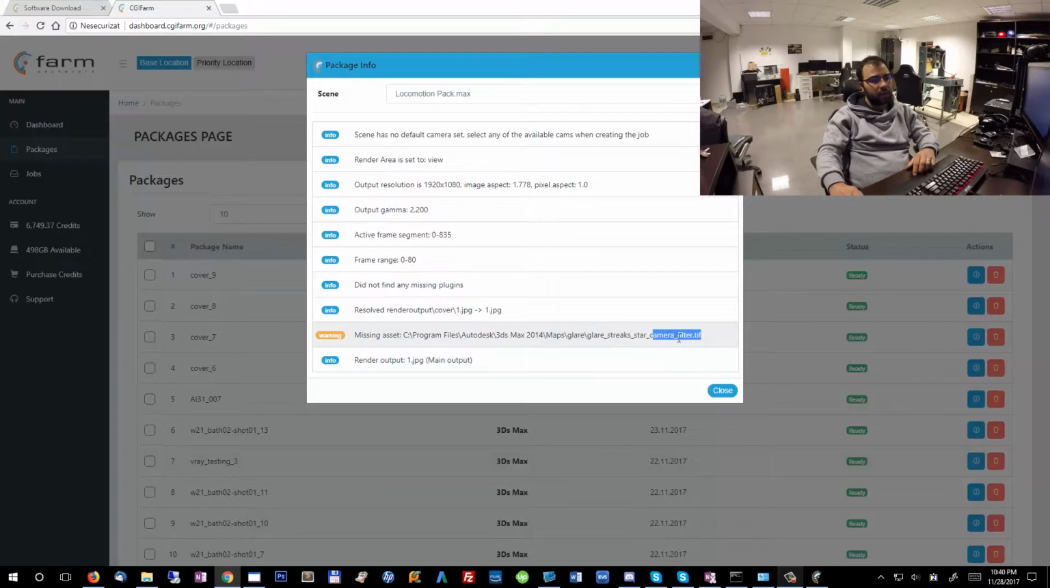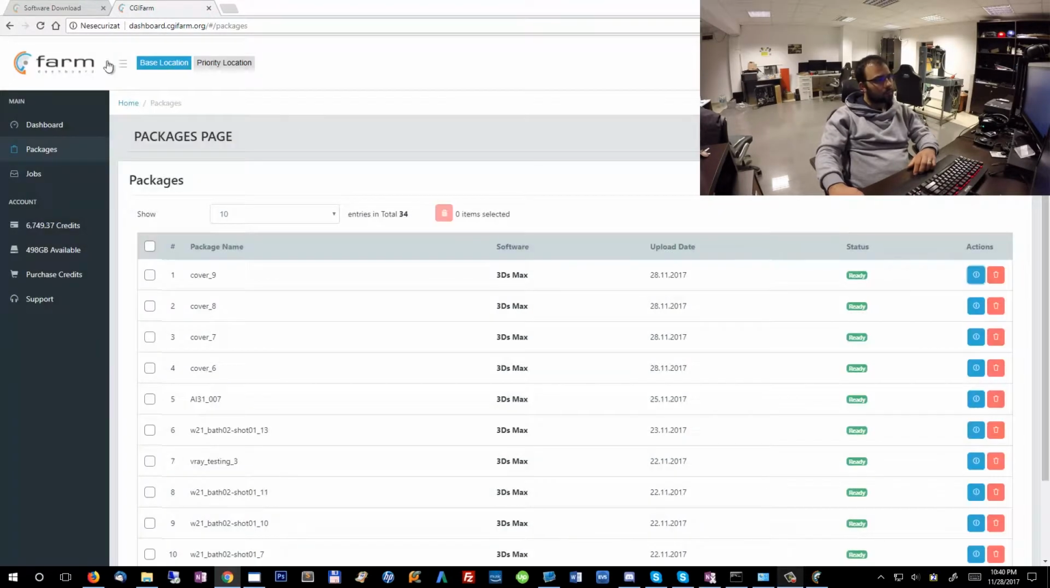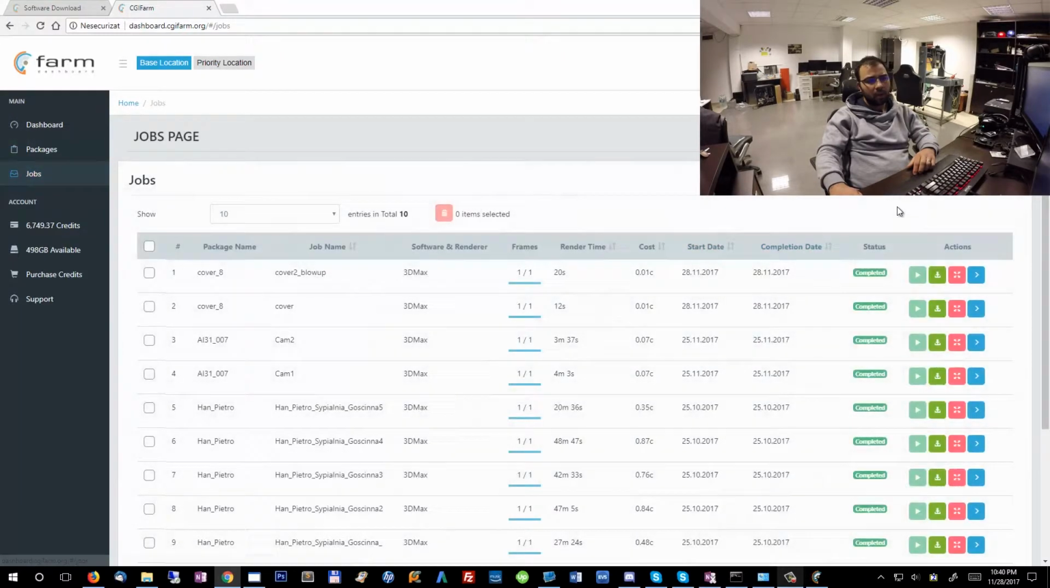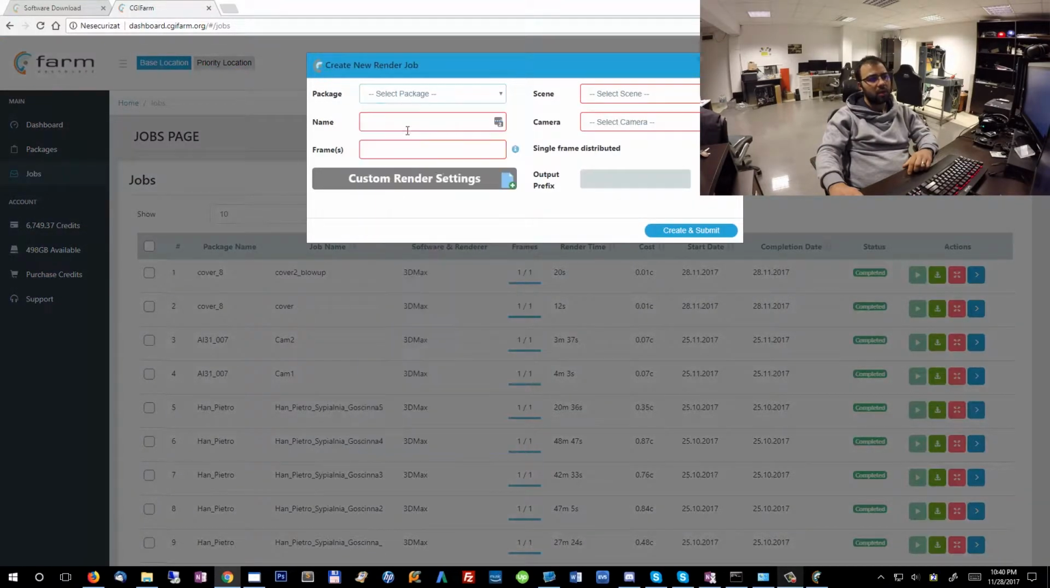Alright, so it's the same. This is an older 3ds Max file, that's why I have this missing asset here. So the cover.max is the file that I wanted to use. After the package processed successfully and it's in the ready state, you can go ahead and create a new job or multiple jobs using this package. So I select the package, select the scene that I want,